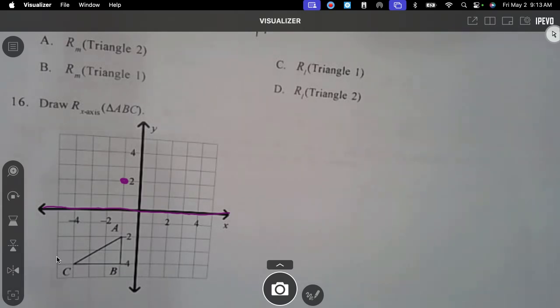How many spaces is this one? 1, 2, 3, 4. So I'm going to go 1, 2, 3, 4. And then how many spaces is this one? 1, 2, 3, 4. 1, 2, 3, 4. And then I'll just draw my triangle. There we go. And this is